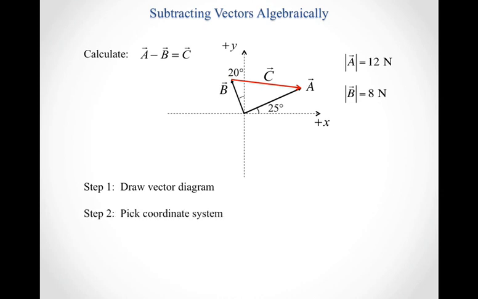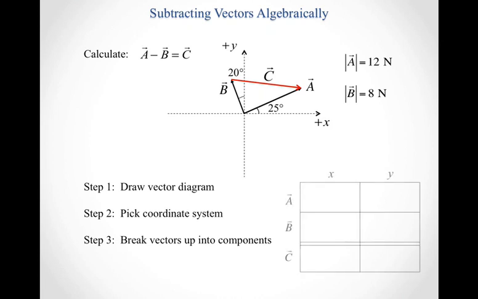Step 2, pick a coordinate system. Again, that's largely been given to us, so we're going to have our standard coordinate system of positive x pointing to the right and positive y pointing up. Step 3, we want to break our vectors up into components. So again, we'll make a table. We've got two coordinate axes that matter here, so we're going to need to break things up into x and